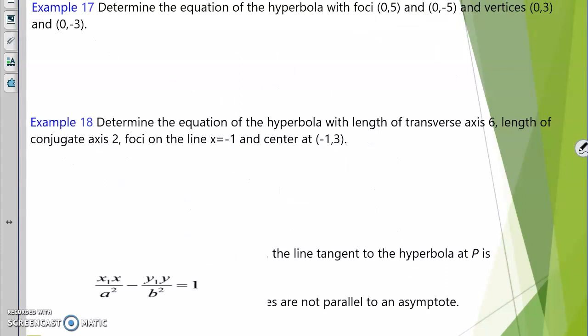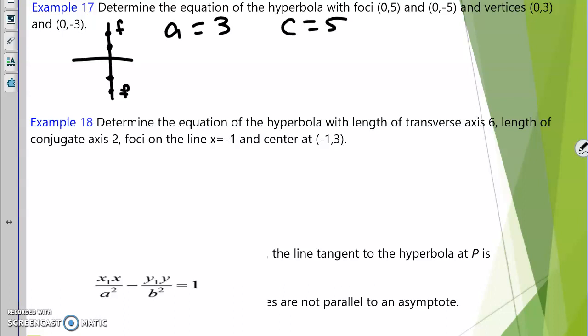Alright, so we're going to determine the equation of a hyperbola that has foci there and a vertex there. Let's just graph the information given. If I have a focus at (0, 5), and a focus down there at (0, -5), and one of the vertices there, and another one there, that tells me that a has to be equal to 3 and c has to be equal to 5,